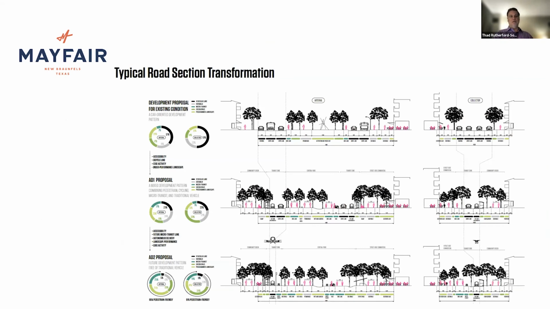So this is just the first step of Mayfair. We're just beginning the use case of Mayfair. This is a look at 81 and 82. Again, we're trying to go from the existing down to 81. And you can see how it reduces the roadway pavement, not just increasing the off-street use, but really